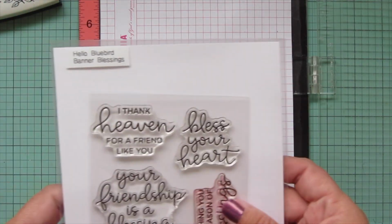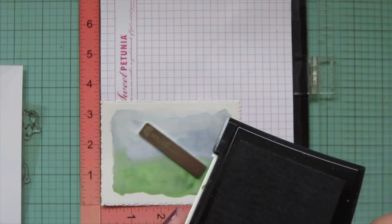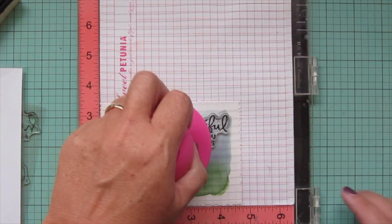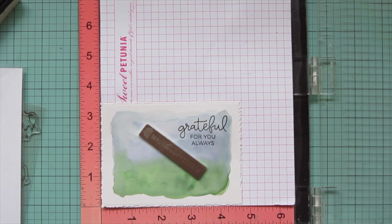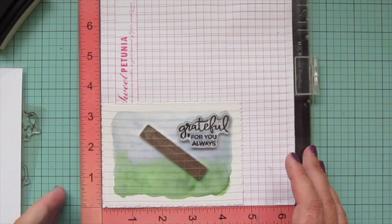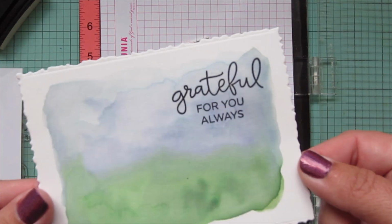Once it has, I'm going to pop it in my MISTI so I can stamp my sentiment, and I'm using one from the Banner Blessings stamp set from Hello Bluebird, and it says, "Grateful for you always." I'm stamping that in VersaFine Onyx Black ink, and I will stamp that down twice just to make sure it's nice and bold and legible